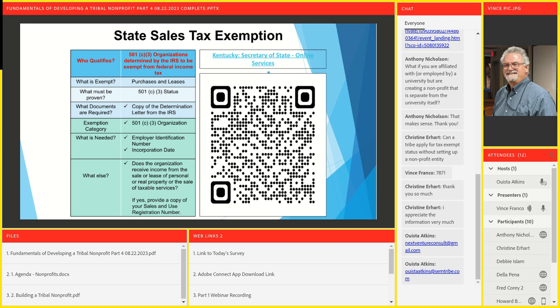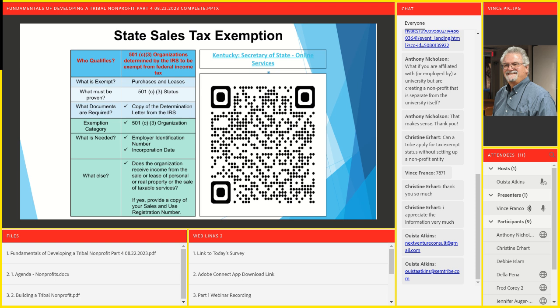You need that letter because when you go to get the state sales tax exemption in whatever state you're in, I'm most familiar with Florida, but I think this QR code is for Kentucky, of all places. Same process. You're definitely going to have to provide a copy of your 501c3 determination, because as you know now, you had to have everything else in place to get the determination.